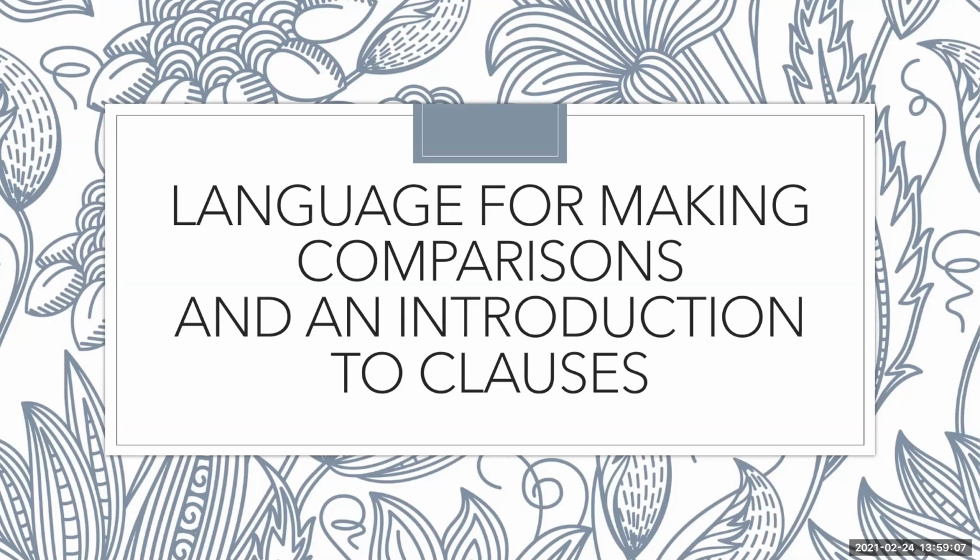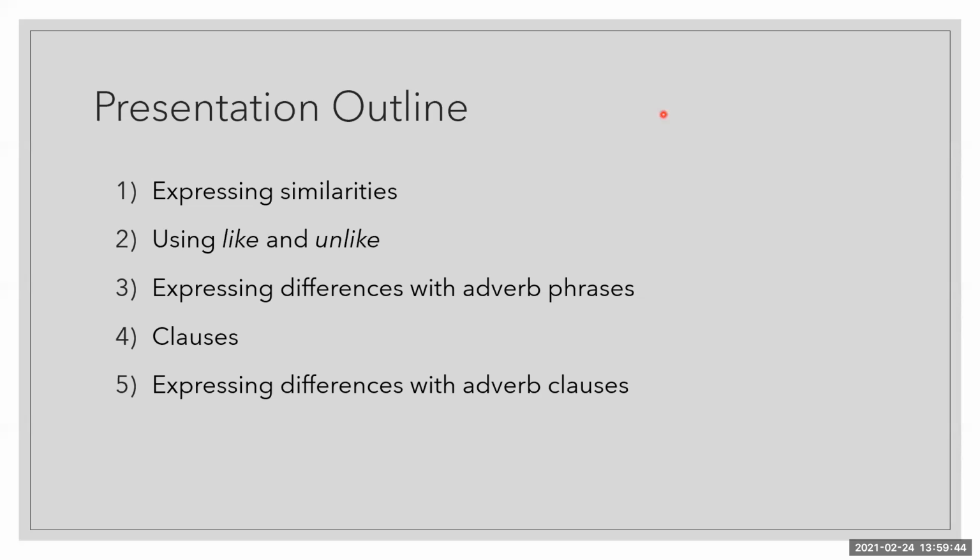You can choose to write sentences comparing elephants, chimpanzees, and geladas as in exercise D on page 20 in Pathways, or you can write sentences that you can use in your 2-paragraph comparison paper. I've organized this presentation in a way that makes sense to me and will hopefully make sense to you as well. We're going to begin with expressing similarities, and then